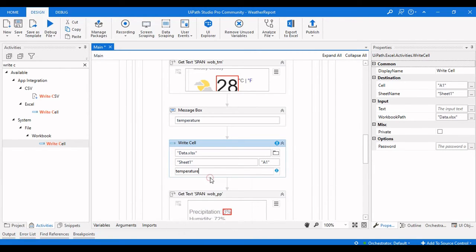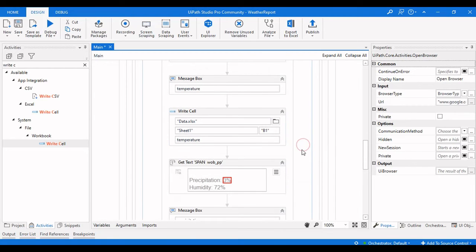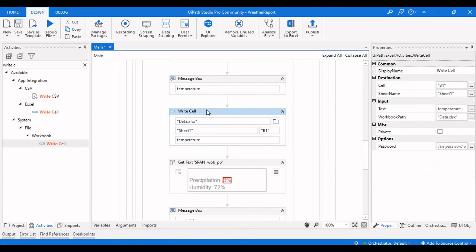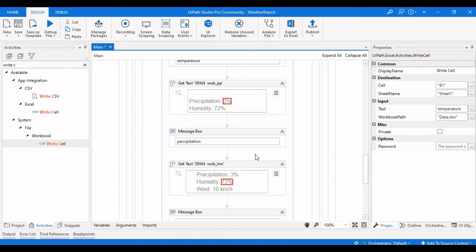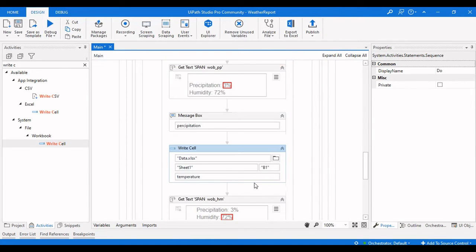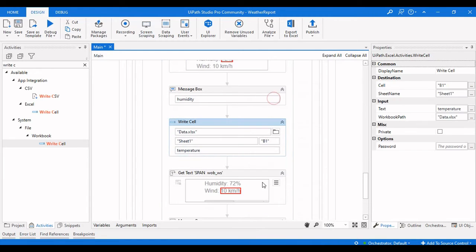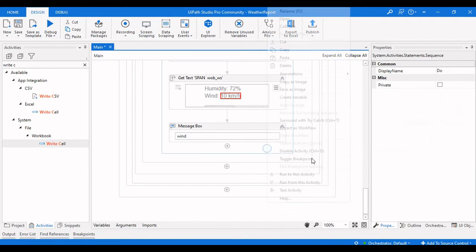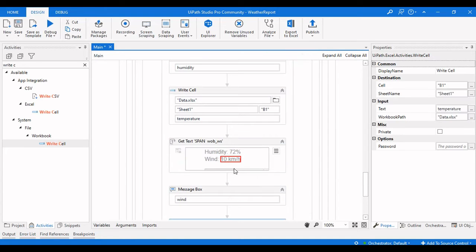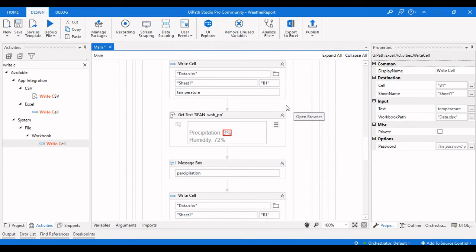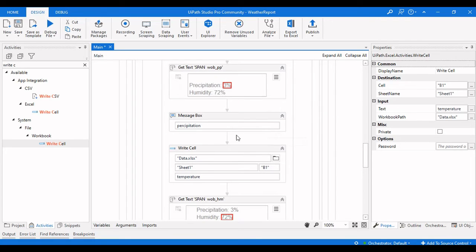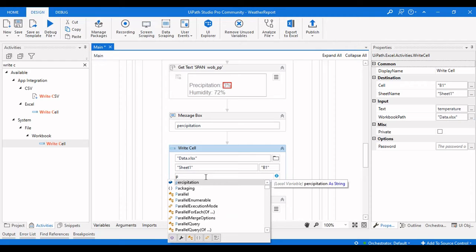The value will be the temperature, but the column will be the B column, and then we'll copy this and paste the same here, and the same here. So what we need to change is the variable, and then the column value that will be entered there.